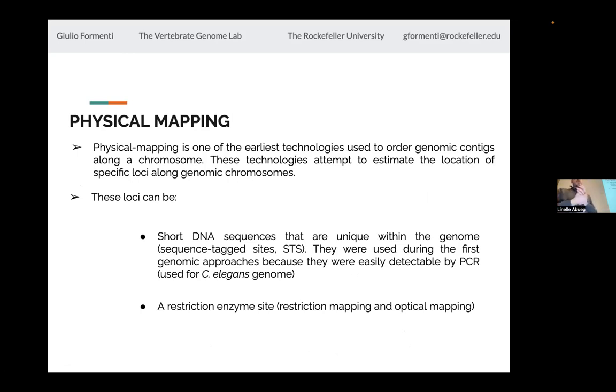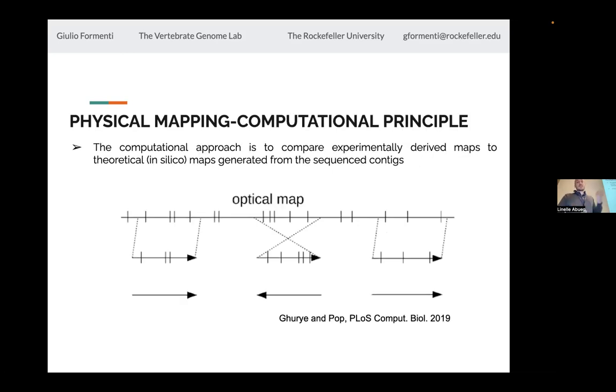Then we have something called physical mapping. This goes back to the pre-genomics era. Now you could essentially try to assign specific loci around the chromosomes, and then when you find the sequence, say, oh, well, this belongs to chromosome 5 because I know that that particular probe is on chromosome 5 from other evidence. This was actually generalized in BioNano, because what BioNano really does is create these large restriction enzyme-based maps